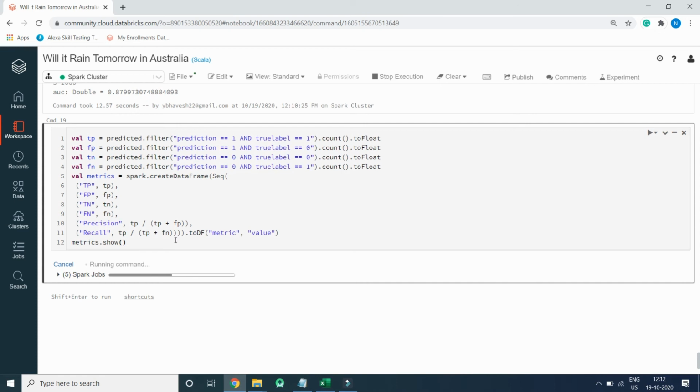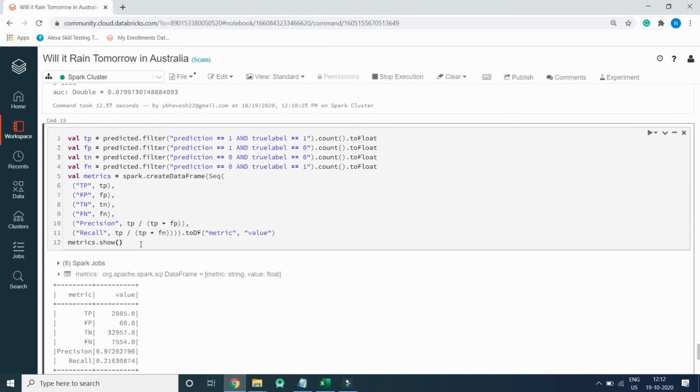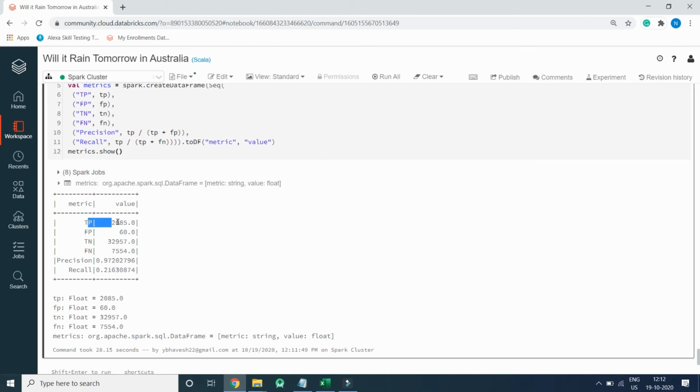So let's wait for the Spark jobs to get executed and display the data. So true positive, we have this value. False positive, we have this 60 false prediction, and true negative, we have this 32,000 correct.